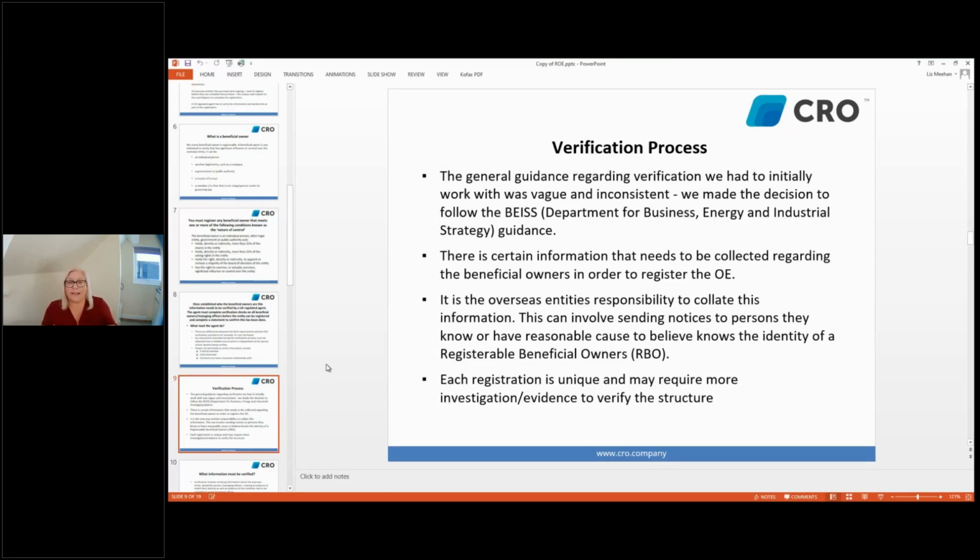We are a regulated agent, and our approach is that we check every single part. If there's a complicated company structure, we will check every single part to ensure that we've completed our verification correctly. Some other agents may just go to the end because that's how they've decided to carry out their verification, but because there could be severe penalties to the agent as well, we make sure that we check every step of